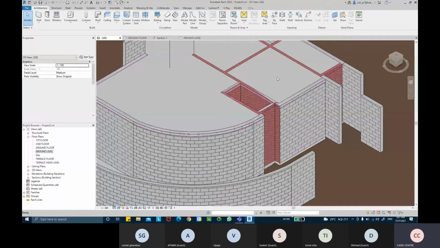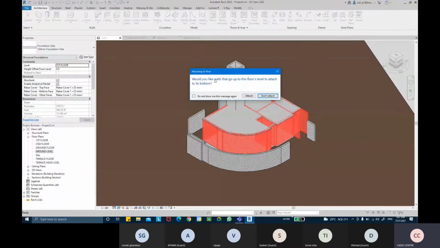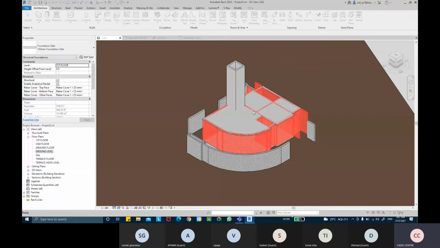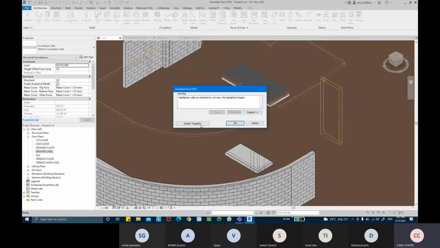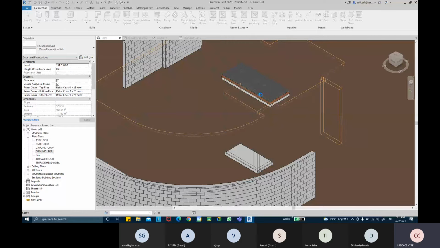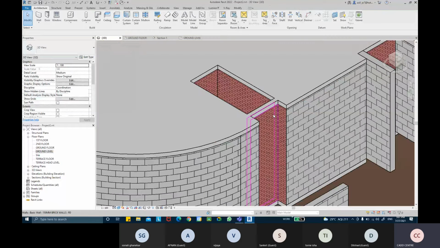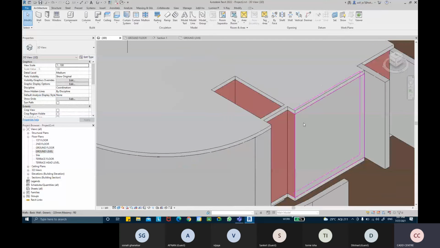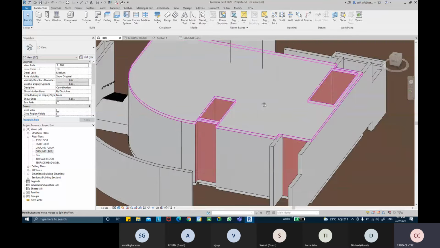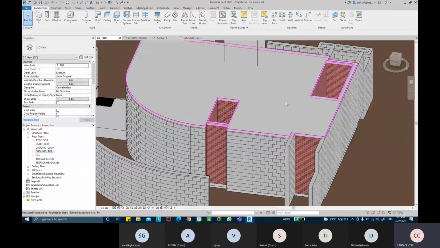So I'm going to select the slab, take the edit sketch, and one more time finish it off. Now these walls need to be attached to the bottom of the slab. So it asks you, do you want to attach or not. We'll click on attach. What will happen is that most of the walls will then be attached to the bottom of the slab. Then you can see all have been attached to the bottom of it. So now no walls are overlapping the slabs. Okay,